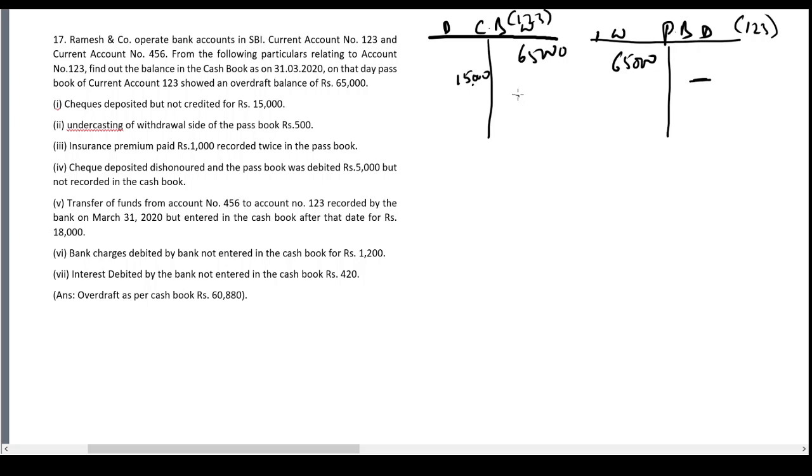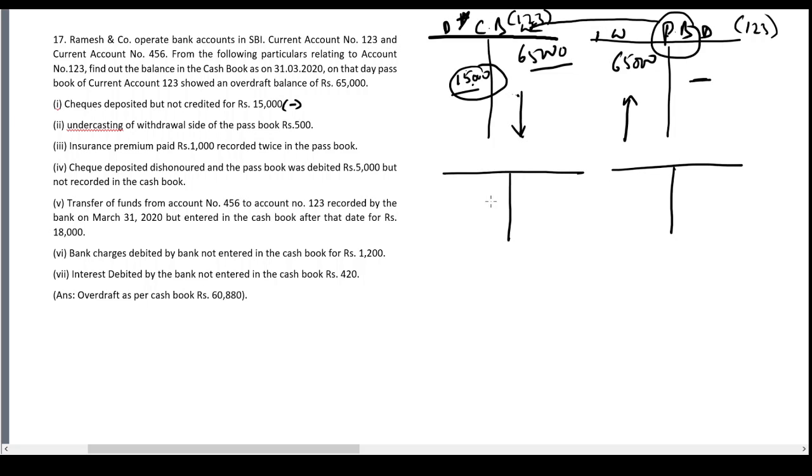So now what will happen? The cash book started with a credit balance but there is a debit, so the balance is bound to reduce. Here the balance is relatively high. We are starting with passbook balance, we have to make it equal to cash book balance. So what should I do to the passbook to make it equal to the cash book? I have to reduce it by 15,000, only then the passbook balance will become equal to the cash book balance. So this item will be minus. Let us see the next item.